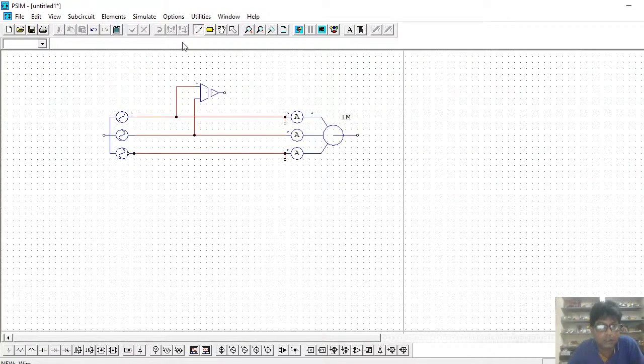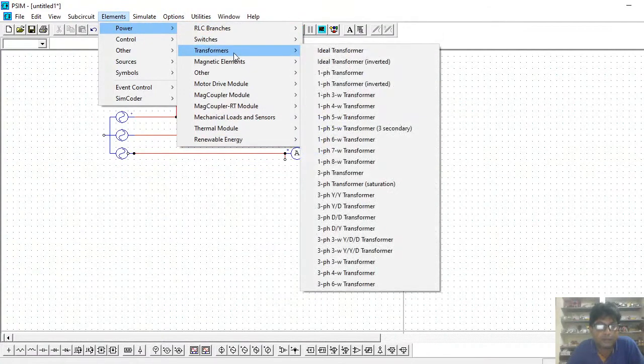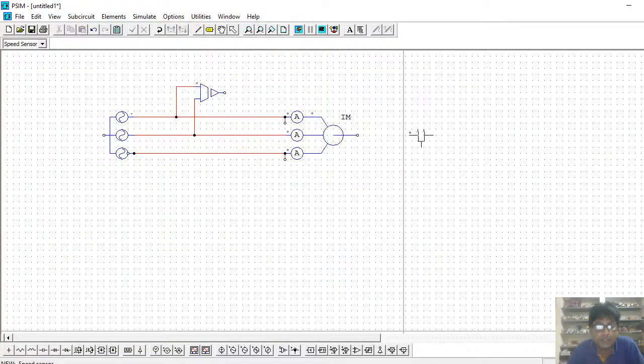Now to sense the mechanical torque, you see here mechanical torque, and this is the speed sensor. You can connect it here. If you want to load it,